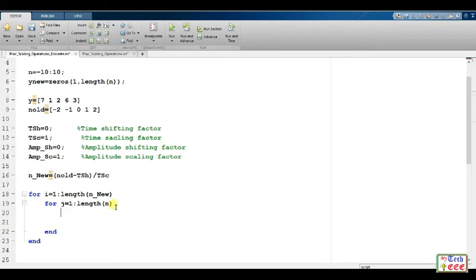Now if n new of i, so I have to make use of the variable i here because the index variable for the new variable is i, is equal to n of j.